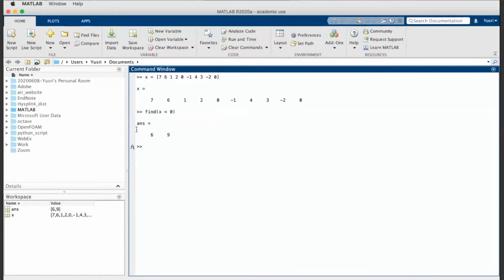You notice that the output is 6 and 9. That means it's the sixth element, or the ninth element. See, it says here. So this one actually gives you the matrix, the location of the 6 here, and the -2 element here. Okay, so it gives you the location of the elements that are negative. So if you want to replace,